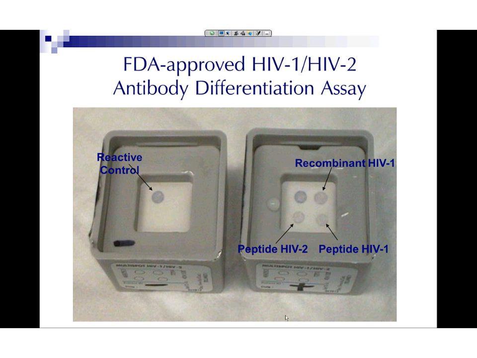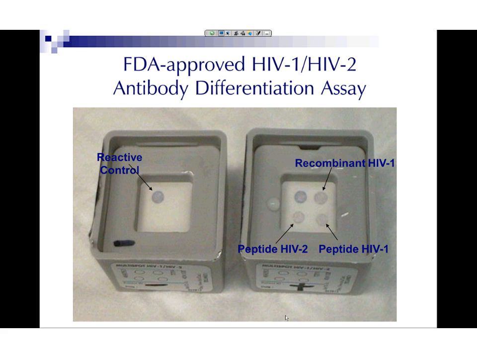Of course, the currently FDA-approved assay to differentiate HIV-1 from HIV-2 is the multi-spot, which is a rapid HIV test that can be done in about 15 minutes, which means that it really will reduce the turnaround time for the people who do have HIV infection and have antibodies that are present.